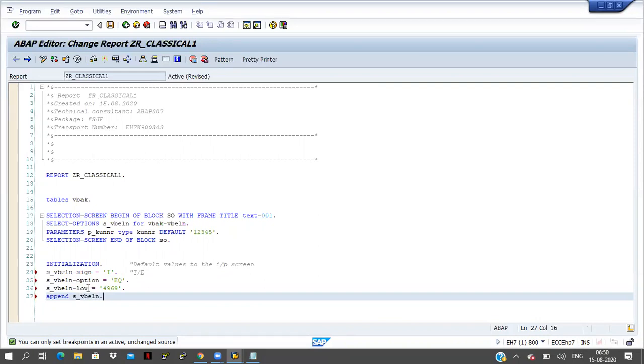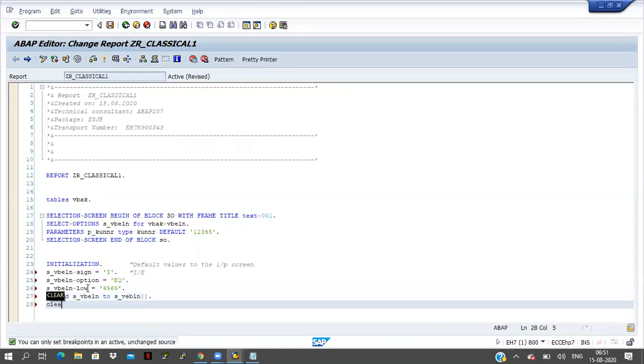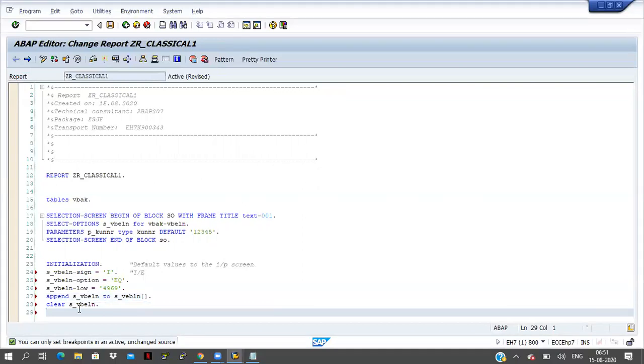If you write like this, automatically the work area S_VBELN will be appended into the internal table. The internal table name and the work area name are both the same here, so it is not required to write the internal table name once again. If you have any confusion, you can write it that way also: APPEND S_VBELN TO S_VBELN internal table. Now CLEAR S_VBELN means I am clearing only the work area. If I place open and close brackets, then it will refer to the internal table.